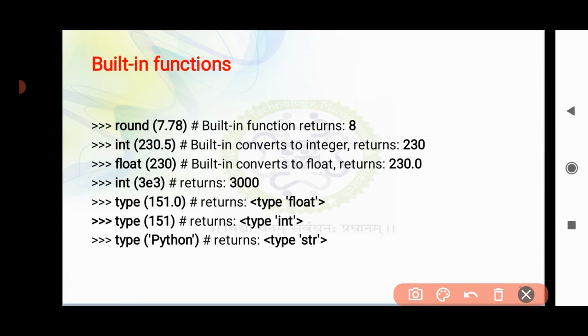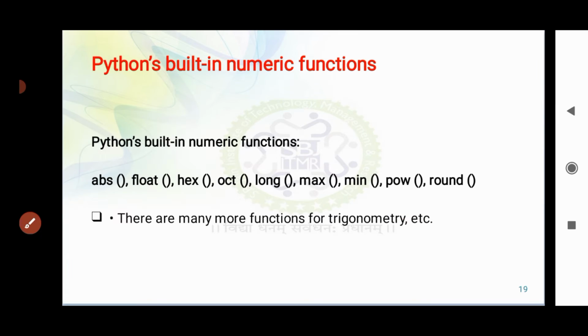Apart from this, we have different Python built-in numeric functions as well. Like we have absolute, ABS, then float, then hex, HEX, which is used to calculate a hexadecimal number. Now what is the meaning of hexadecimal number?